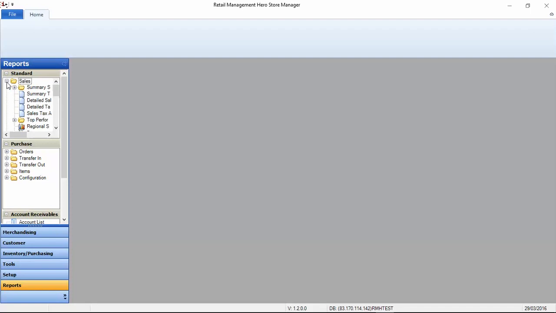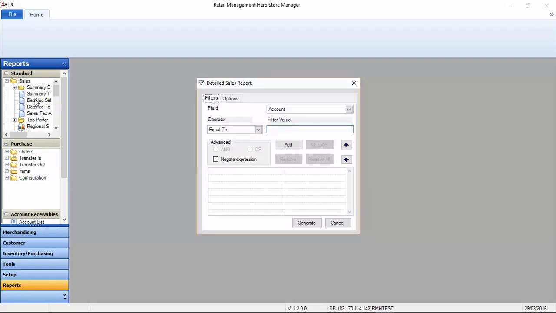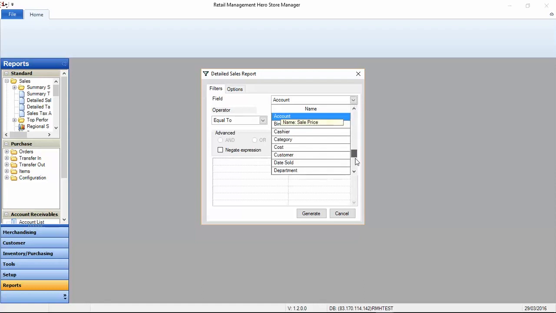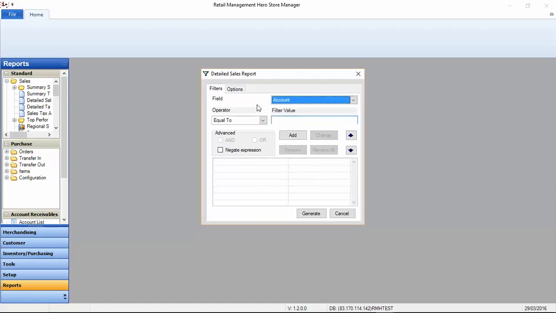I'm going to use a very common report, something that retailers use almost every day: the detailed sales report. When I click on the detailed sales report, or any report for that matter, the first thing you will see is the filter screen. Some things are fixed. You will have the list of fields, which will obviously change depending on what report you're running, and then you have an option to select